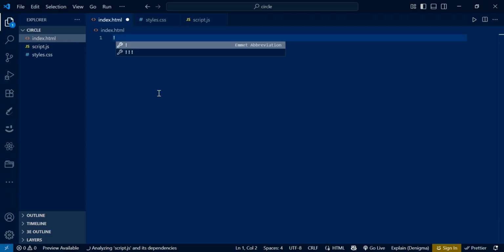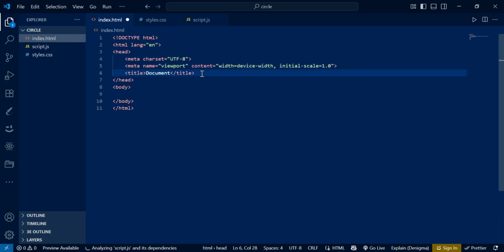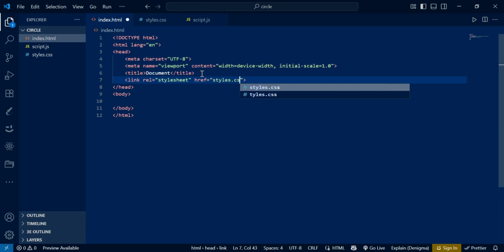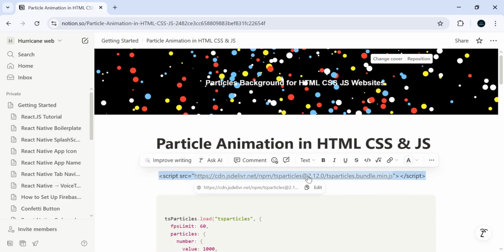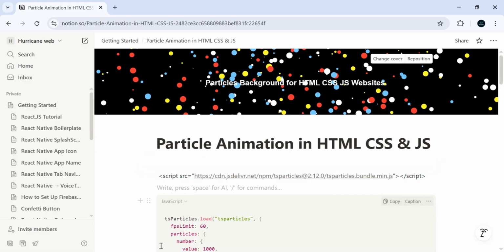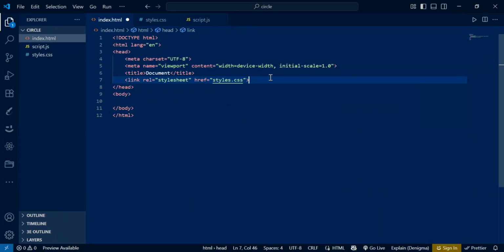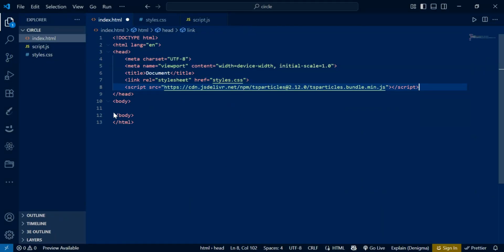So here we'll link our styles.css and then we need to add this tsParticles bundle in our project. I will add the document link in the description so you guys can copy it from there. So we need to paste it here, and then in our body first we'll add our tsParticles ID,